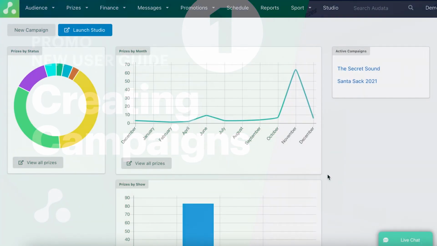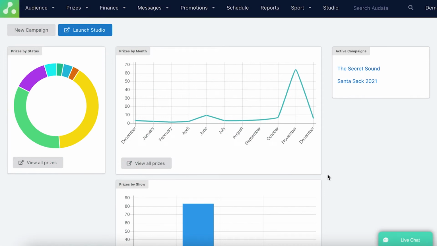Today I'm going to show you how to set up a campaign in Audata Promo. A campaign is basically the umbrella that will house all of your contesting, all your inventory, all of your liners, everything that relates to that particular promotion will be within the campaign. So to do that, we're going to head to promotions in the top bar and then click